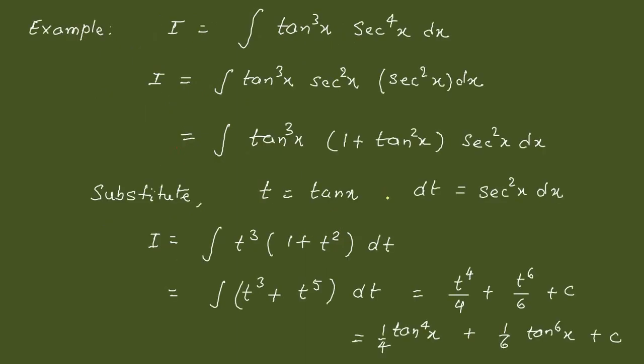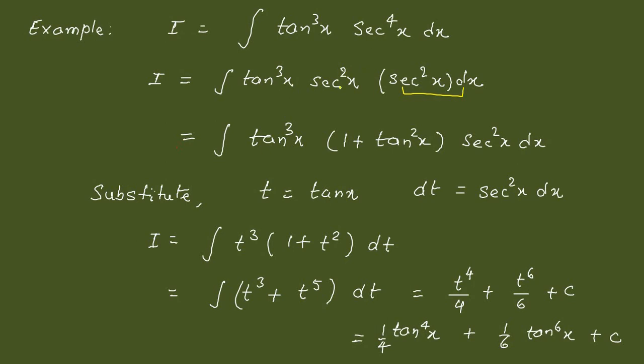Now what happens in this example? Let us see. The tan has the power 3 and the sec has the power 4, so they are actually a double benefit. We can see here that the tan has the power odd and sec has the power even, so it is our matter of choice. So it is very easy to see that if we are free to choose any of them, sec square x can be attached with dx easily,